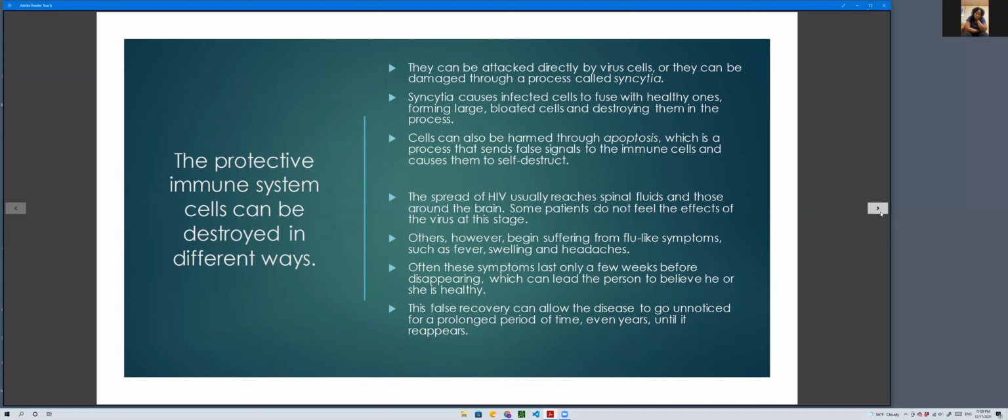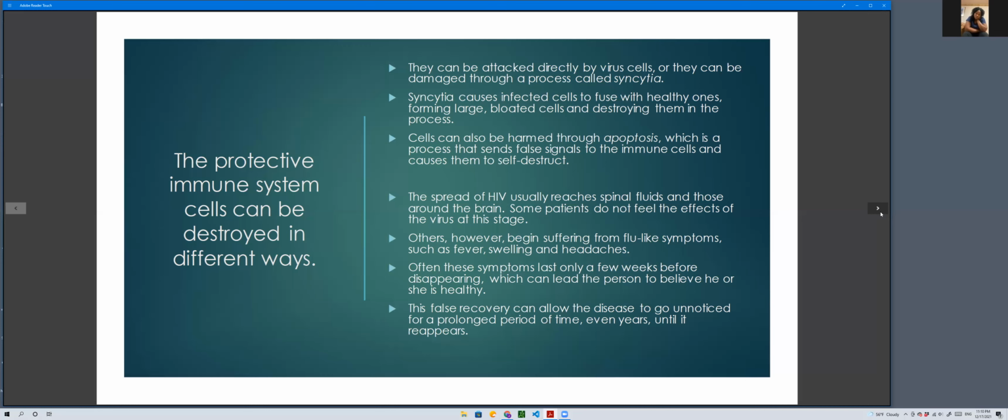Some patients do not feel the effects of the virus at this stage. Others, however, begin suffering from flu-like symptoms such as fever, swelling, and headaches. Often these symptoms last only a few weeks before disappearing, which can lead the person to believe he or she is healthy. This full recovery can allow the disease to go unnoticed for a prolonged period of time, even years,